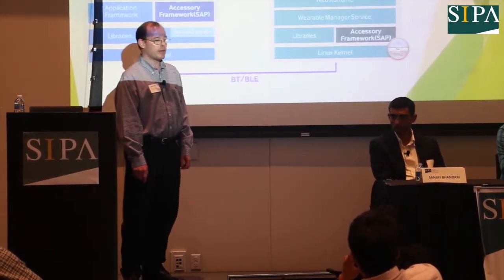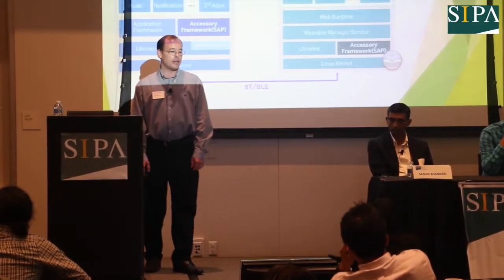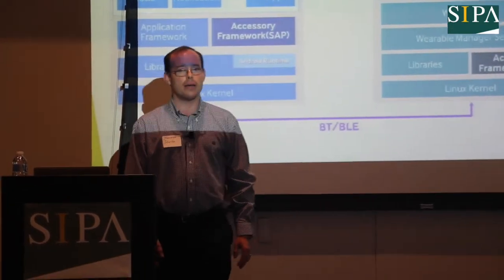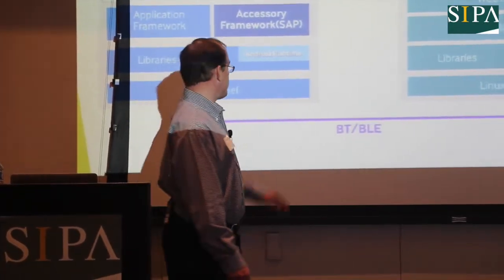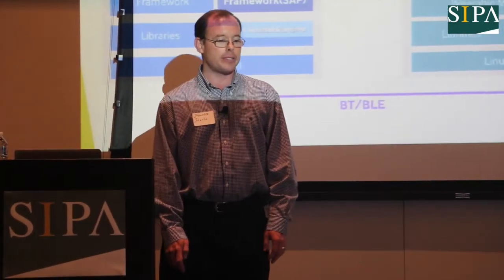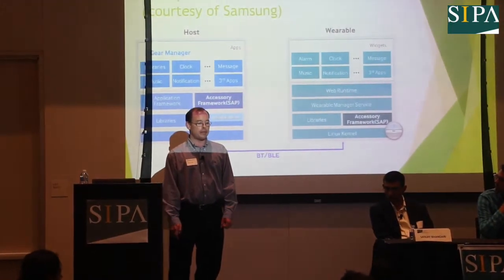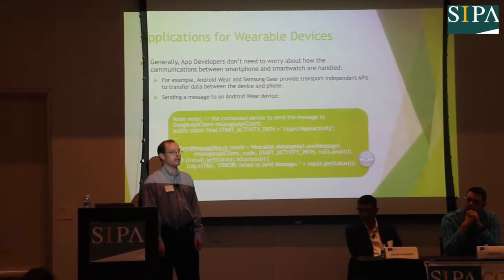So if we look at some of the software for the wearable stack, we can see that the Bluetooth and BLE is kind of at the bottom of the stack, and apps talk between the host and the wearable without ever really knowing that the data is going across a wireless transport. So that provides the opportunity to use any kind of wireless transport without having to change the apps, which is nice. But it also means that many developers writing these apps don't really understand what's going on at the lower level, and that may have